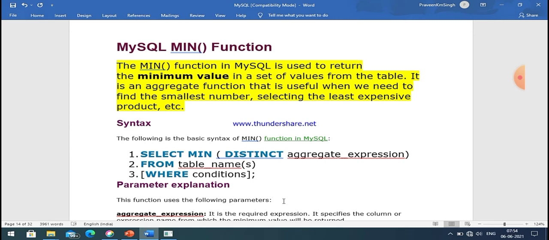The min function in SQL is used to return the minimum value in a set of values of the table, and it is an aggregate function that is useful when we need to find the smallest number, for example selecting the least expensive product.